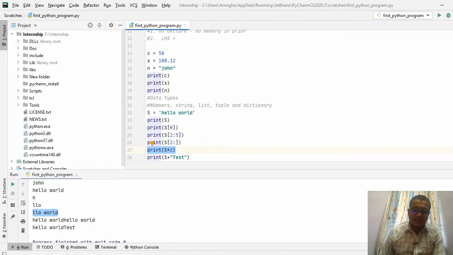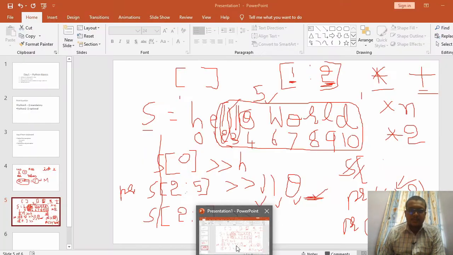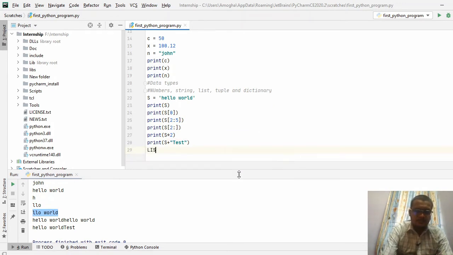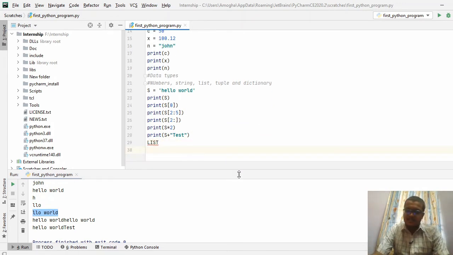So let me go for a second data type that is called as an list. So list is a commonly used data type in Python. So it is a commonly used data types.